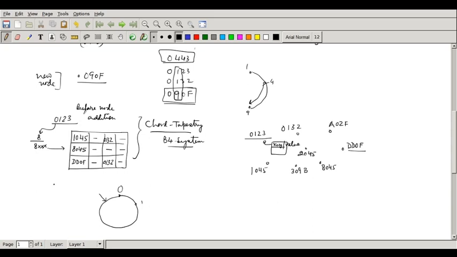Now what happens when 090F will come into picture? So it will essentially connect to somebody who is going to be the bootstrapping node, and with that it will keep on exchanging, and ultimately the routing table will get updated. So what will get updated in 0123? If you look at 090F, it matches with 0123 in the first digit. So the entry has to go in the second column.